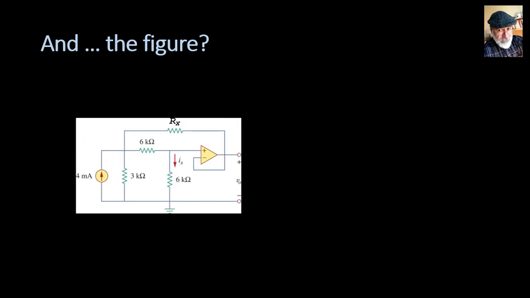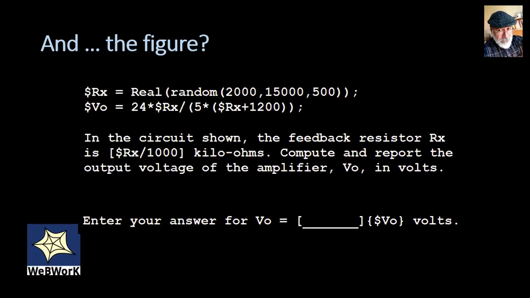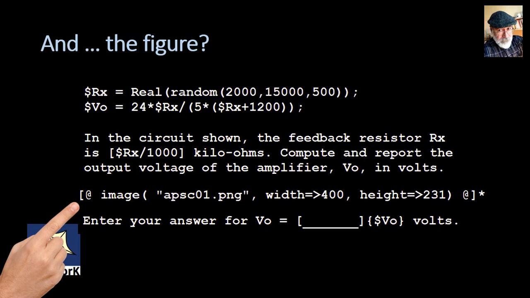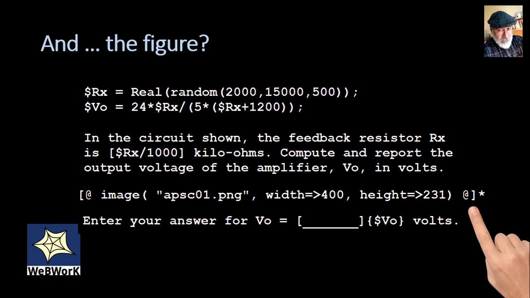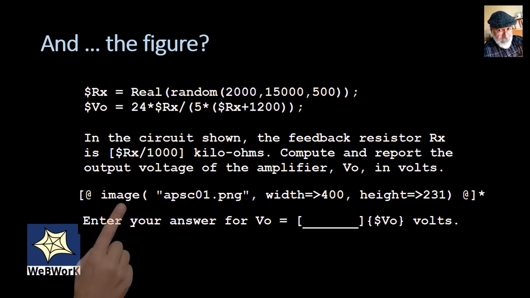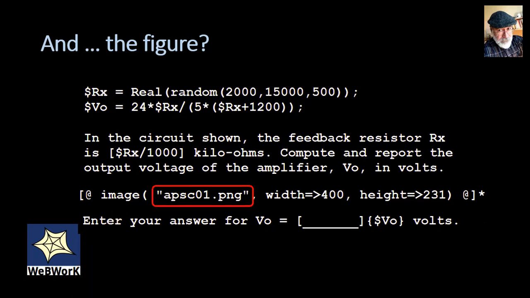The figure, I recommend that you set up in the format PNG, Portable Network Graphics. It takes other formats as well, but I found that PNG works the best. How to include that in the text file that is the description of our question? One line, this one, bracket ampersand, and close here with ampersand bracket asterisk. And inside you have a call to the predefined function image that has three parameters: